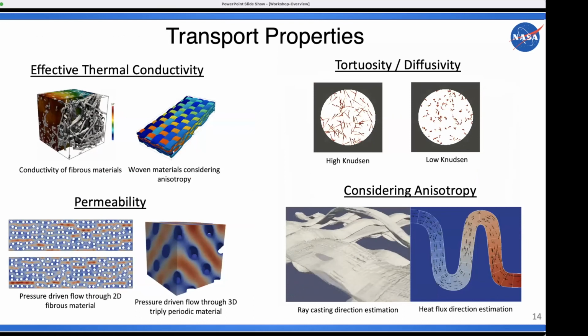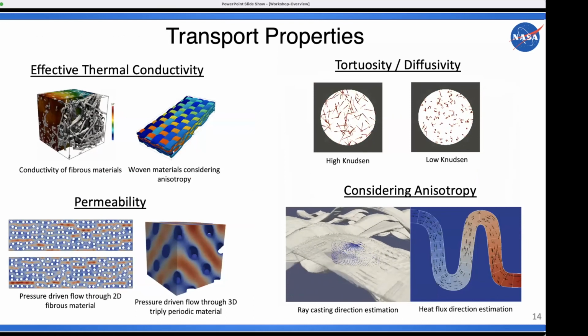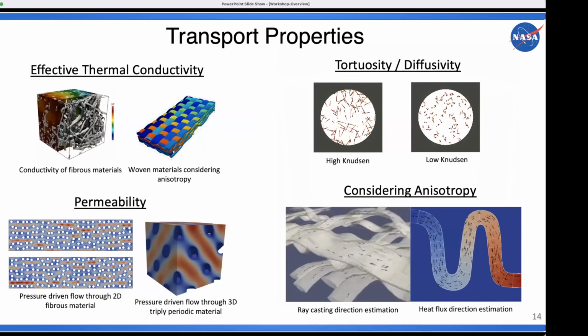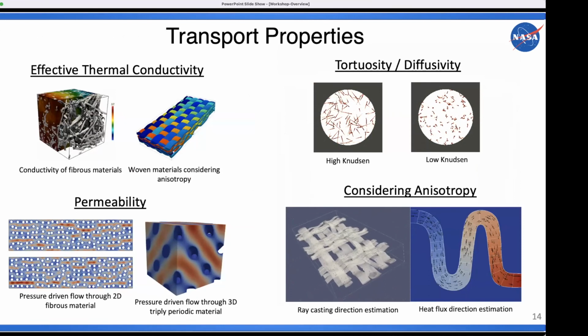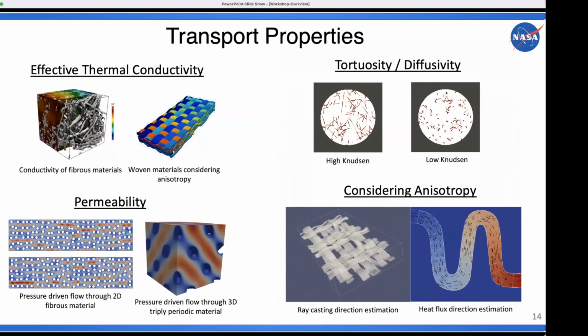So I mentioned some of the basic transport properties that we have in PuMA here. This is just a couple of demonstrations of the effective thermal conductivity on fibrous materials, the particle-based diffusion simulations we can do, some of the anisotropy we can do in order to estimate the fiber directions, and then finally permeability. Each of these we will get more into the theory, and then we will also go into actual hands-on examples